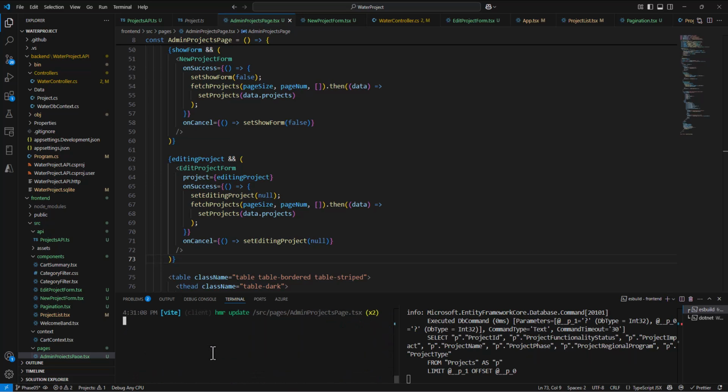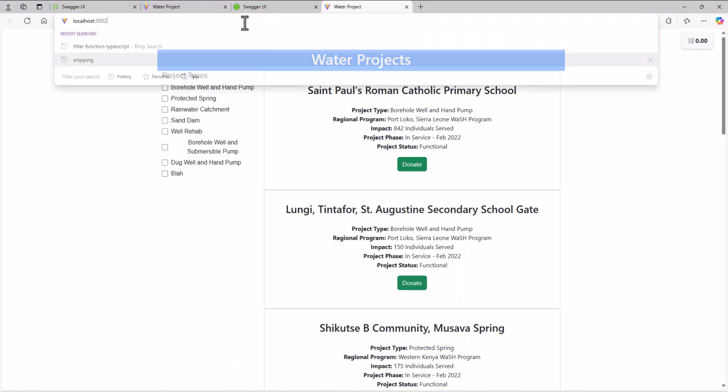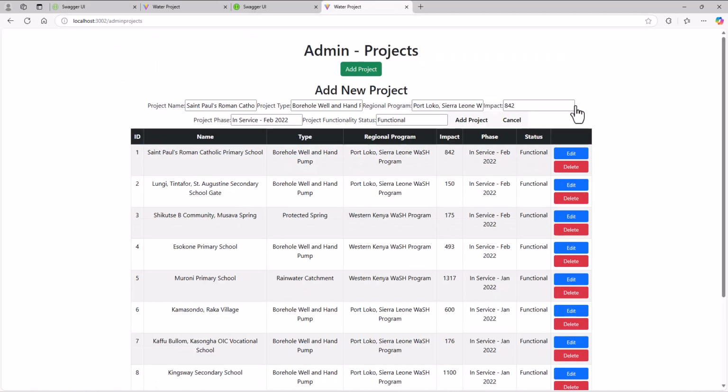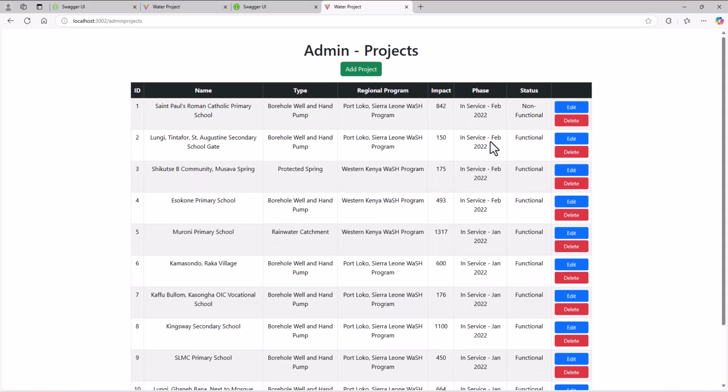So I'll pull up. In fact, I'm just going to cancel and do another npm run dev. Pop it up. There's our main page. So then I'll say /admin projects. I click on edit. It pops up our form with the information because it's passed that information through. And I can say, oh shoot, this one is non-functional. So this is St. Paul's Roman Catholic Primary School. Of course, it says add project there, but now it shows as non-functional. So our edit works,